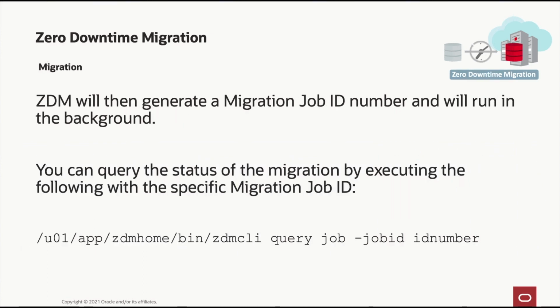So as I mentioned, once you issue the migration command, ZDM generates a job ID for the migration work, and then these will run in the background. So ZDM is great because you can actually issue more migration commands for different databases and have multiple migrations in parallel. But in this case, we're just doing one, and what you can do is there's a command